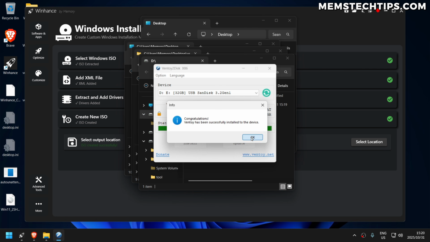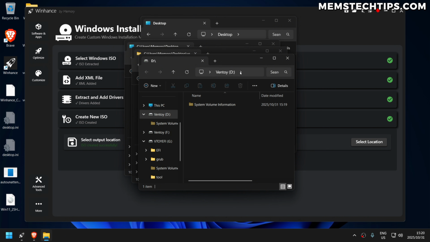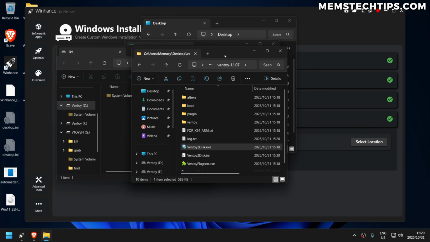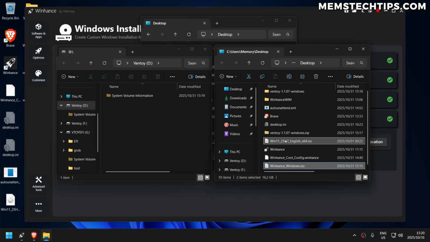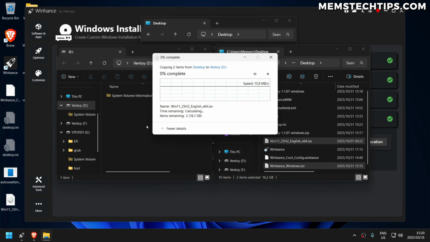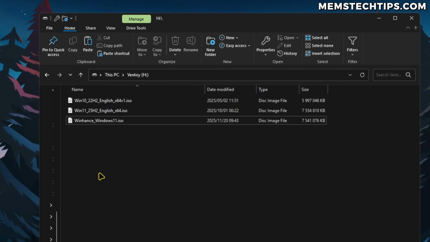But basically you then install Ventoy onto that flash drive, and once it's done, it'll be a bootable USB flash drive that you can use. And then you can just copy your ISO file over to that flash drive and then use it to install Windows. Okay, so now that the Windows 11 ISO file has been copied to my Ventoy flash drive,